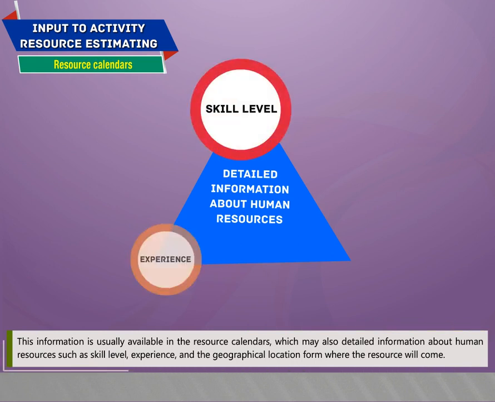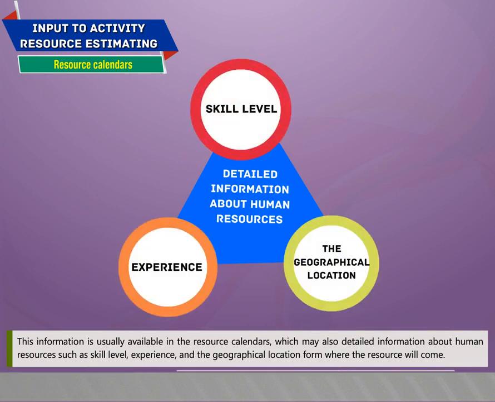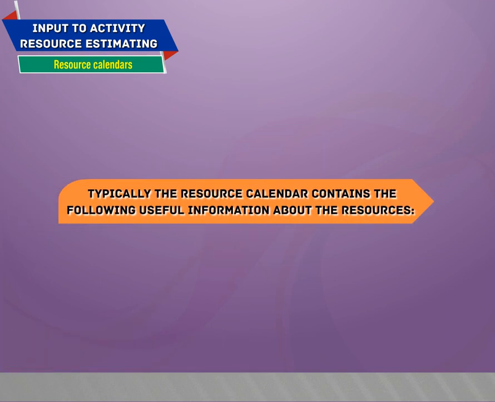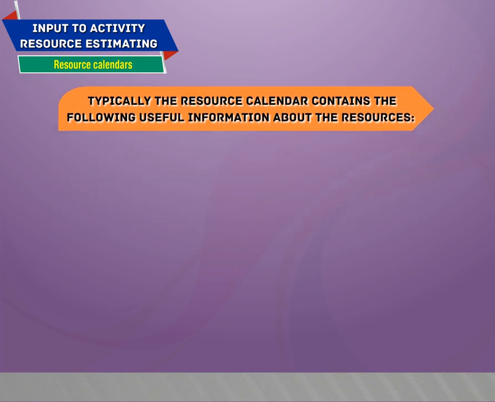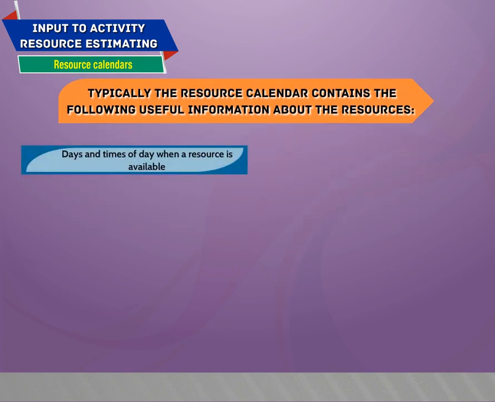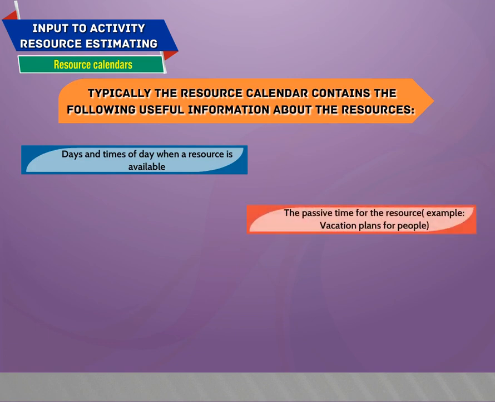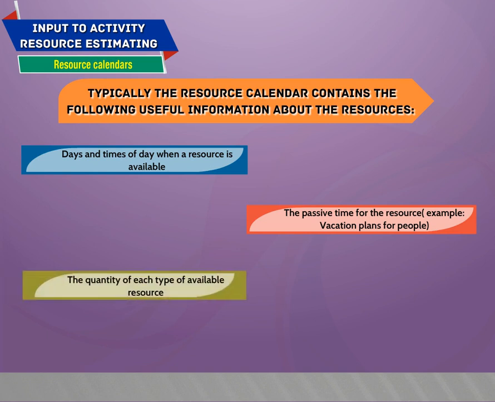This information is usually available in the resource calendars, which may also have detailed information about human resources such as skill level, experience, and the geographical location from where the resource will come. Typically, the resource calendar contains the following useful information about the resources: days and times of day when a resource is available, the passive time for the resource, for example, vacation plans for people, the quantity of each type of available resource, the capability of each resource,